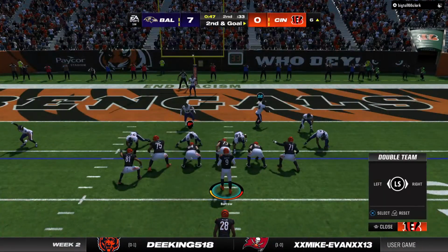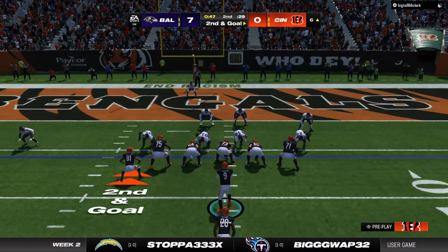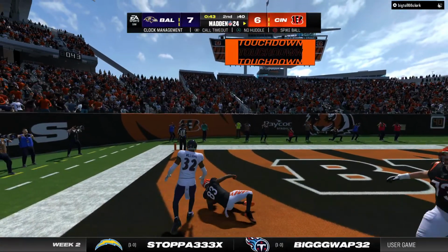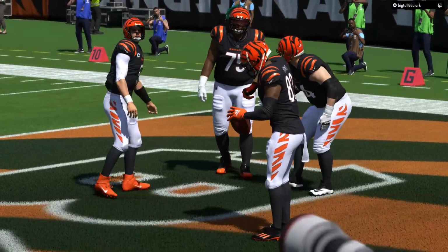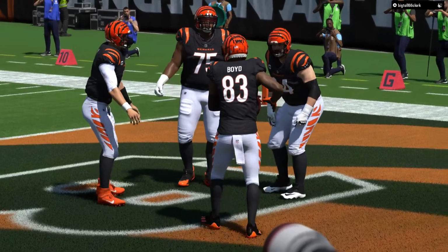Here we go, here we go. Second and goal from the 6 this time. They get this out left. Touchdown, Bengals. Tyler Boyd, his first touchdown of the new season. And the Bengals are an extra point away from tying the ball game here in the final minute of the